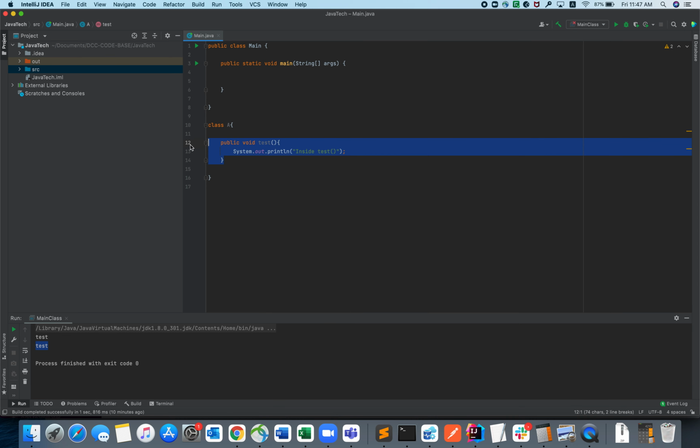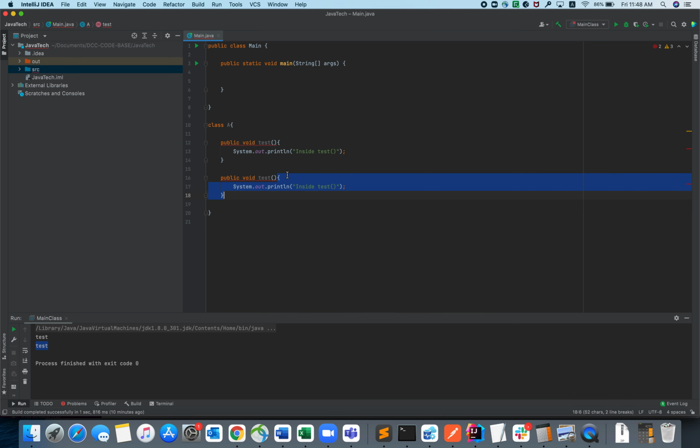Again, if I try to keep a similar method where the method name is the same, the signature is the same, and the return type is also the same, I'm getting a compilation error. Why? Because the compiler won't allow two methods where the method name, access, and return type are everything common. This is one of the compilation errors, right?